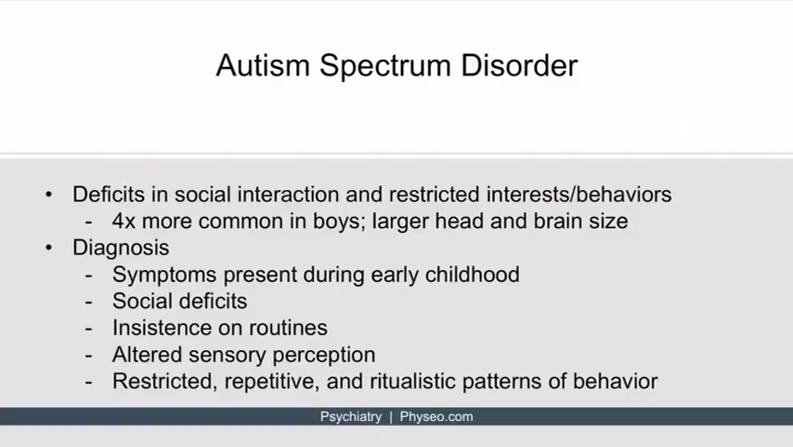Autism spectrum disorder is characterized by deficits in social interaction, as well as restricted and repetitive patterns of interests and behaviors. A good example of this would be a 5-year-old boy who avoids eye contact with others, doesn't respond to his name, but is obsessed with and knows everything about dinosaurs. Autism is seen 4 times more often in boys, and often children with autism have a larger head and brain